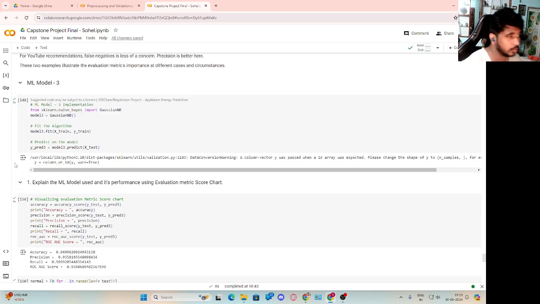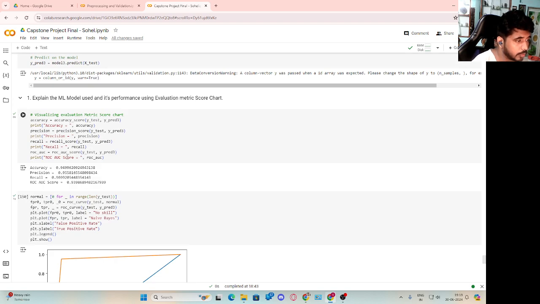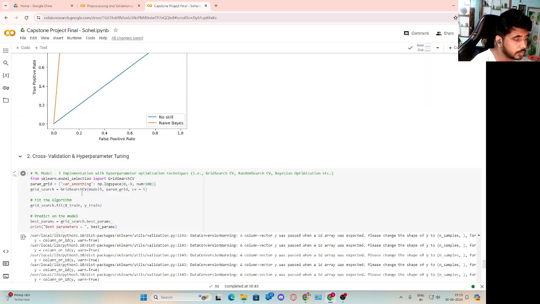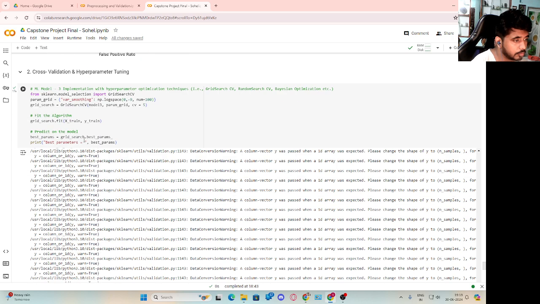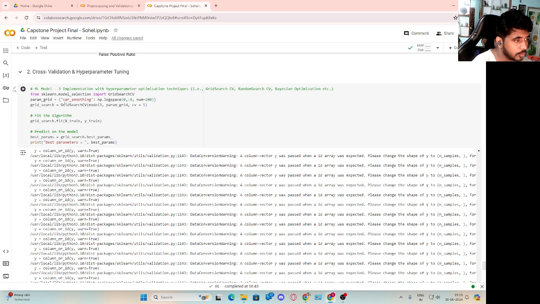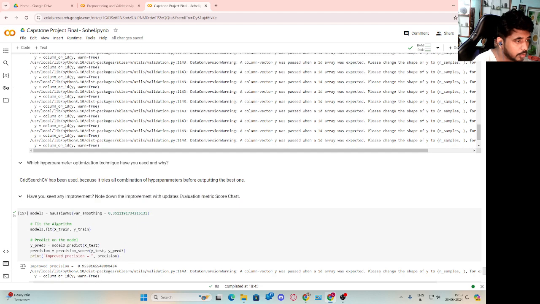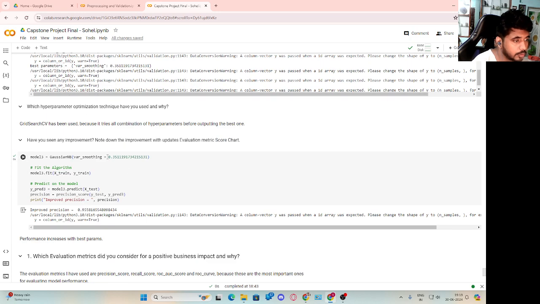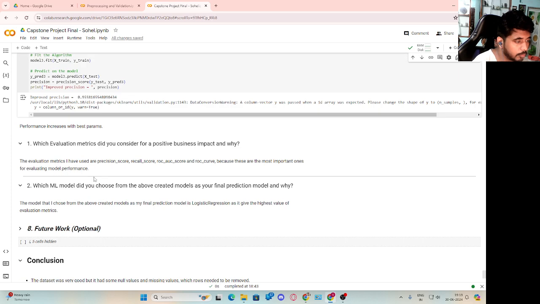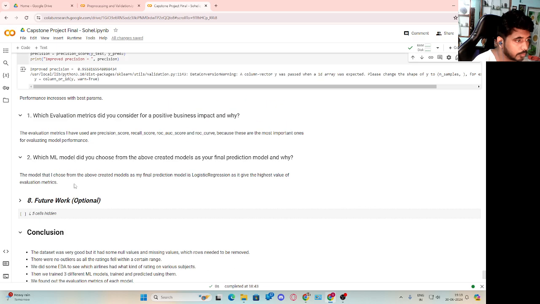In model 3 we are doing Gaussian NB, which is a naive Bayes model. We are doing fit and then predicting, then we are doing the same ROC score and false positive rate. Then we are doing the cross validation and hyperparameter tuning again. In grid search we have a hyperparameter called var smoothing, and this is the value we get. This is the value which is best suited for the model, so it gives the best performance. So that's how we have done all the things,